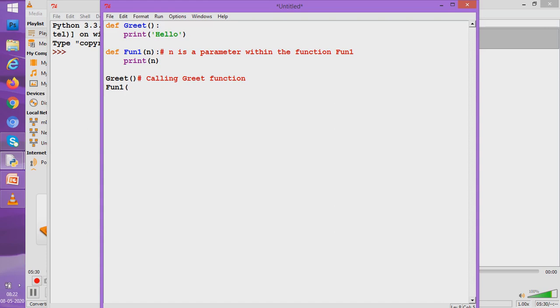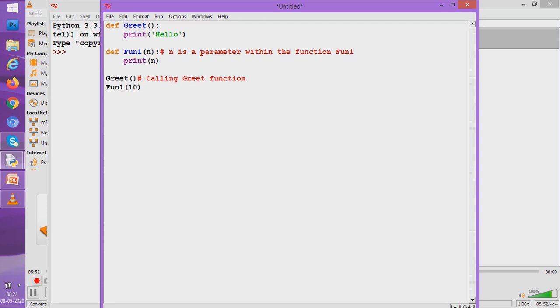So I have to actually pass a value from here. I can pass any value. What I am passing? I am passing 10. So if I am passing 10, this 10 is actually to be referred by n. Now n will use this 10. n will now refer to this 10 and use this 10 for further work.